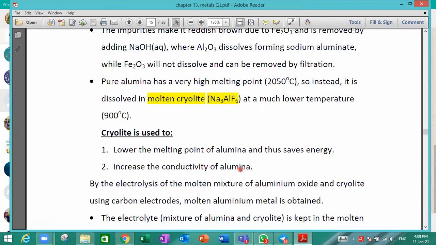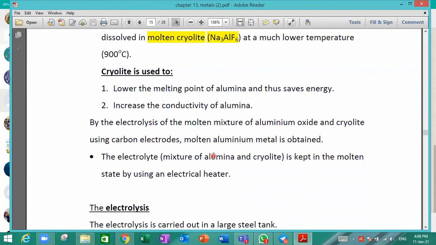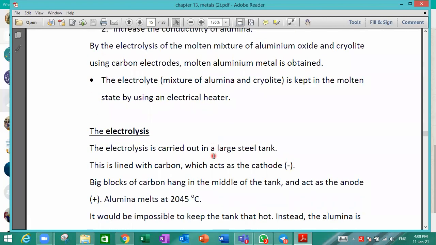It will increase the conductivity of alumina, meaning that it will let the aluminium ions and the oxide ions move faster in the electrolytic cell. So cryolite has two purposes. It lowers the melting point of alumina, and the second purpose is to increase the conductivity of alumina. Okay. Now, when we make this electrolysis,